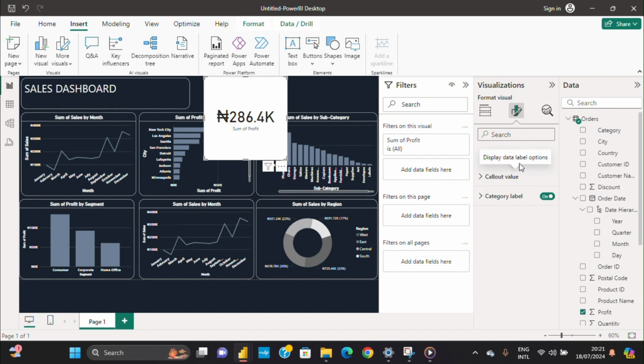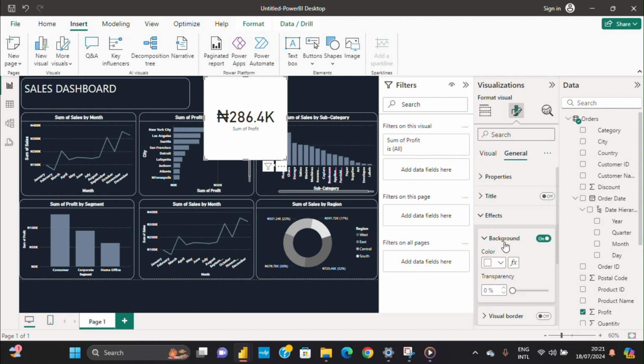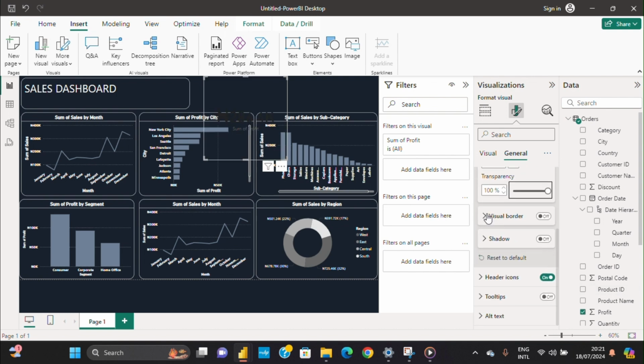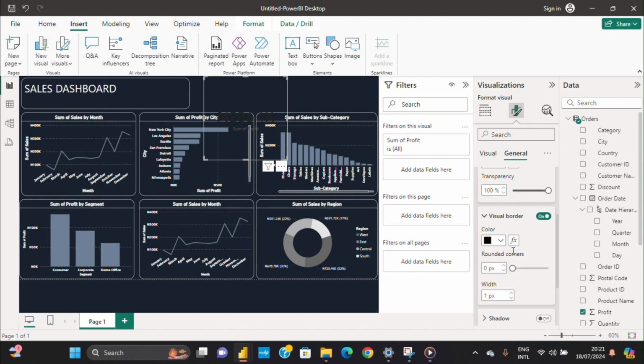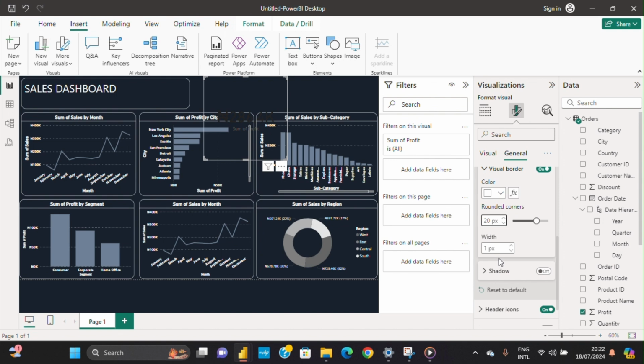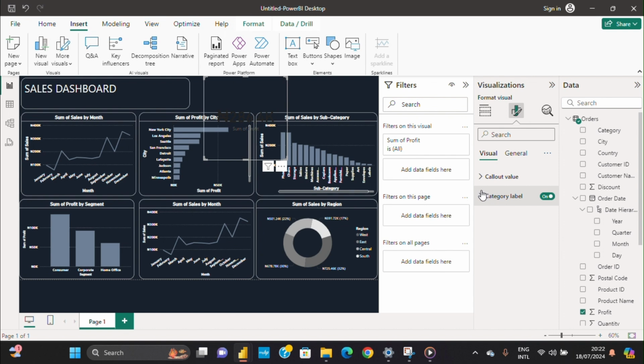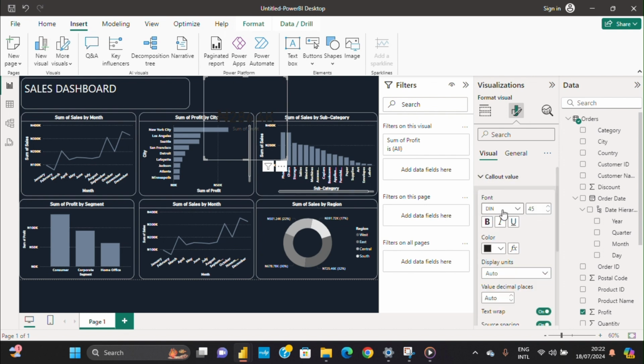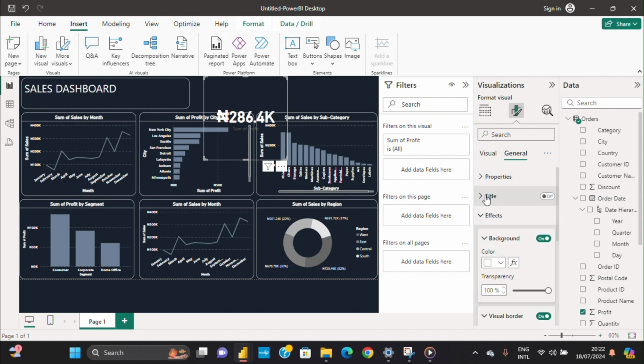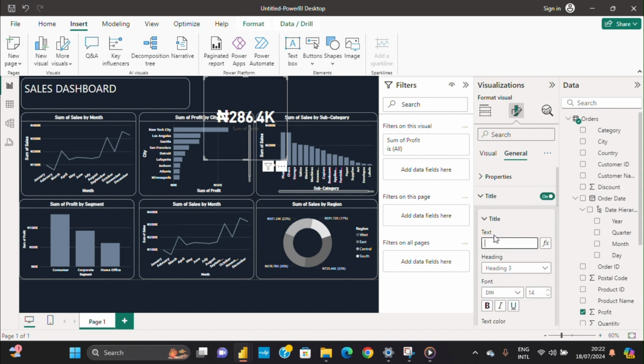General effects, increase 100% for transparency, visual border on, change the color to be white so we can be seeing it. Remember around that point 20, yes, and then that's it. Then colored value is white, make it white, and then bold it. Exactly. General, put up title, yes. So call it profit,